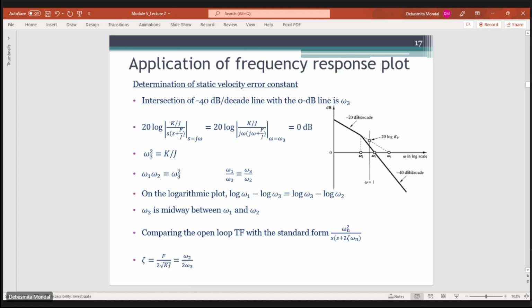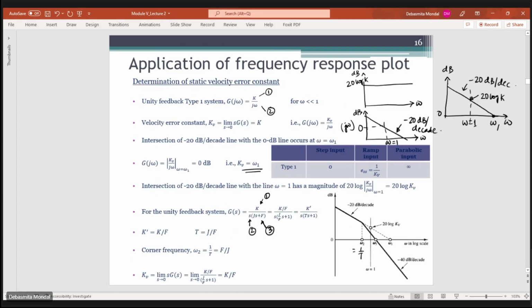That means at omega equals omega 3, the overall system has a gain of 0 dB. So we will find the value of omega 3. Omega 3 is given by k by j. If you rewrite these equations, with kV being nothing but omega 1 and omega 2,